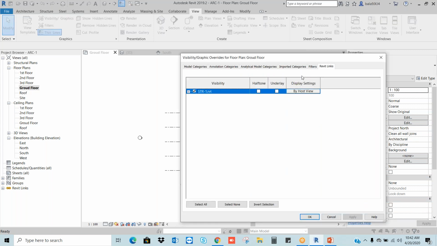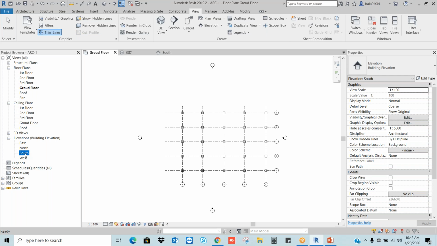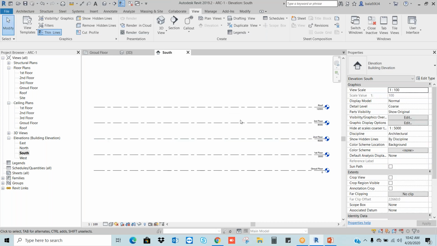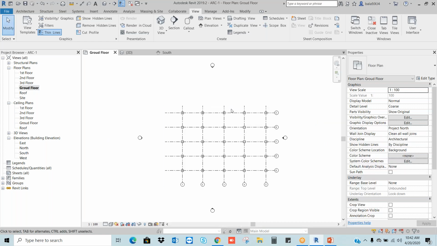This means each line item in the project browser is one different drawing. Let's say, for example, so far I am working in the south elevation. This is one elevation drawing. I am coming to the ground floor. It is another floor plan. It will behave as a different drawing.